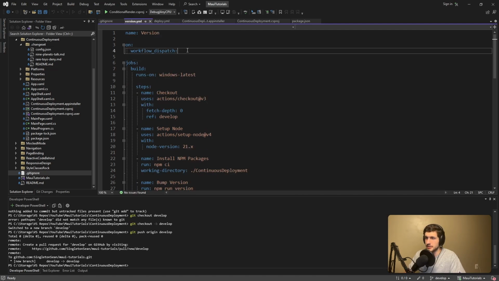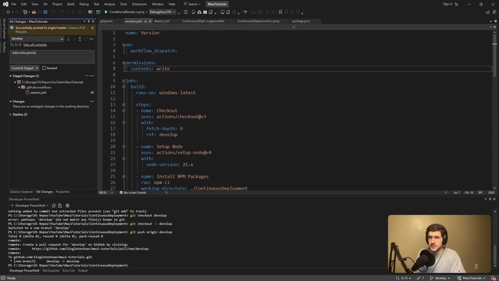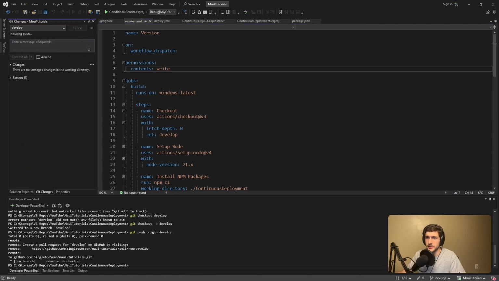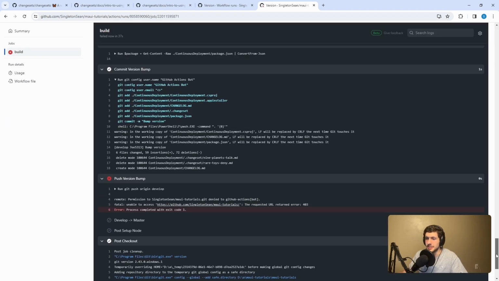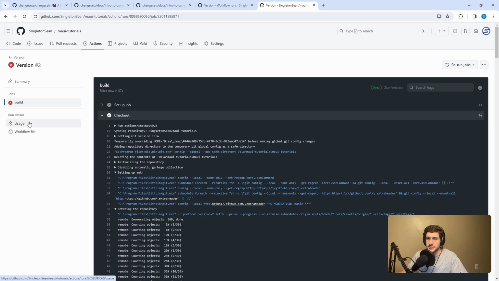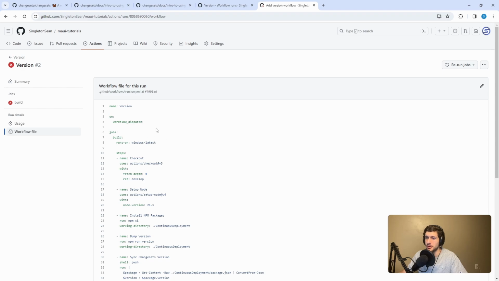So let's add that. There we go. Let's commit this, add write permission, and push. Let's try again. I actually think we're gonna run into another issue, but let's find out first. Oh, and it did fail again, but this was because we used the workflow file from our master branch and